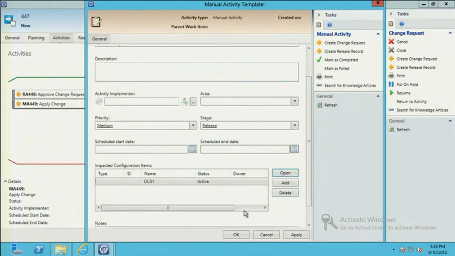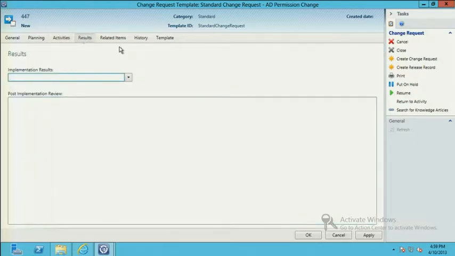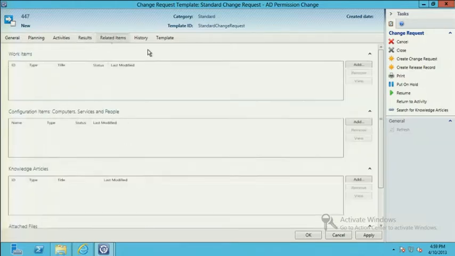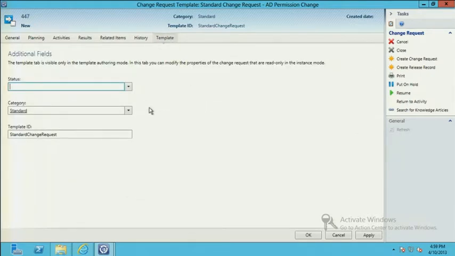So we'll go ahead and commit this again. So our change request in this case is very straightforward. This is what I see probably 9 out of 10 people in businesses when I'm consulting. This is how they're setting it up for a standard change. Very straightforward. A few tabs that we're not going to hit in the template, but we will when we actually get into the change. Results, related items, history, and then I actually have a template side here